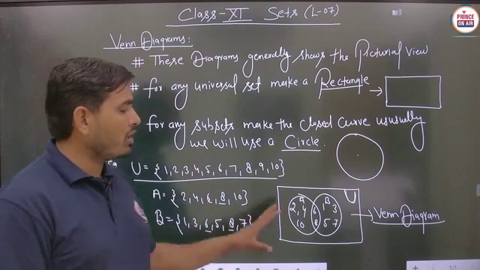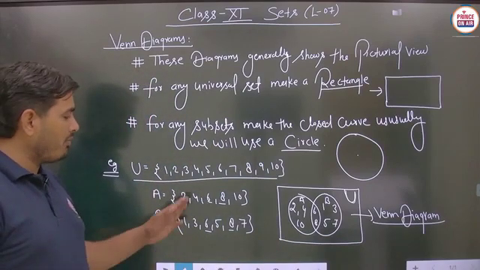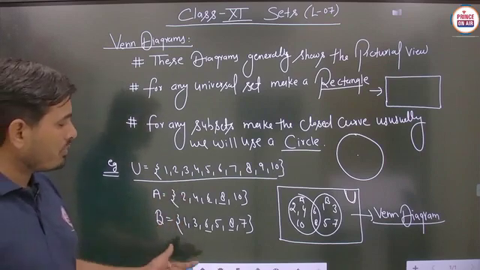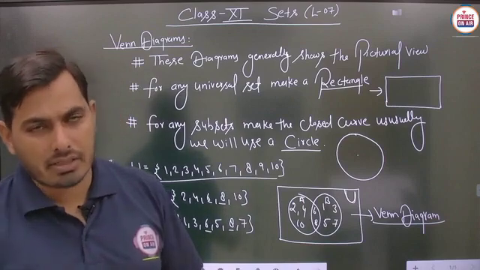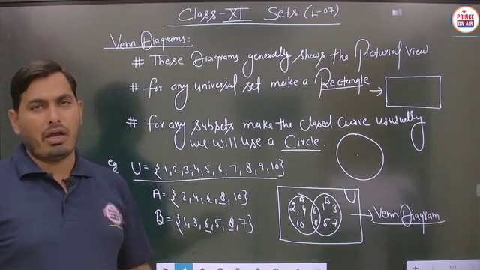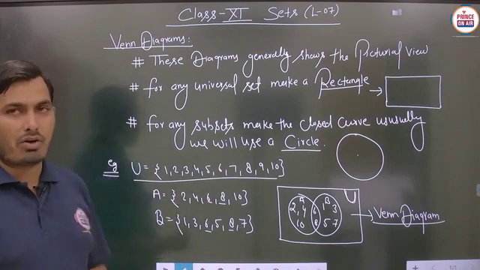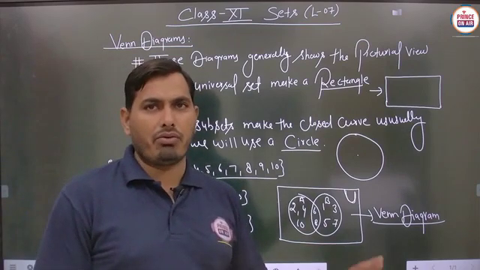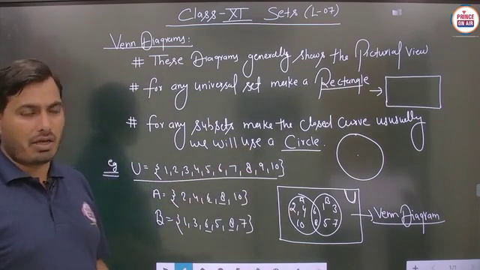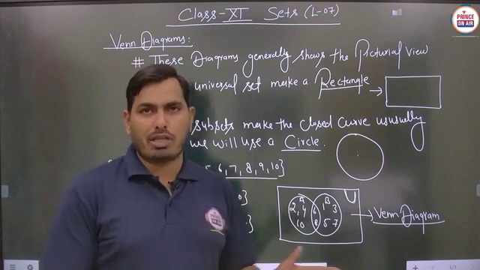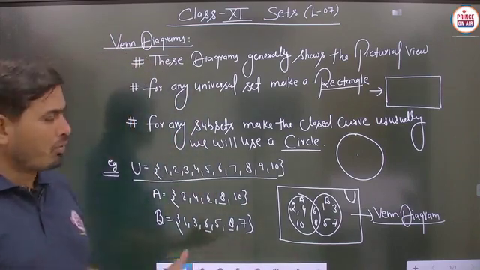Now student, we have to make the subsets, and it will depend on the number of subsets. Suppose in this example there are two subsets, then we have to make two circles. Now whether the circles are intersecting or not will depend on the elements available in sets A and B, because if some elements are common in both sets, then we draw circles of intersecting nature, otherwise we make two separate circles here. Is it clear? So according to the given elements we have to make the proper diagram here.